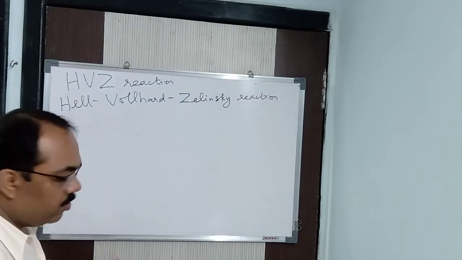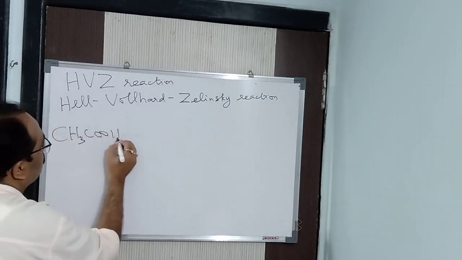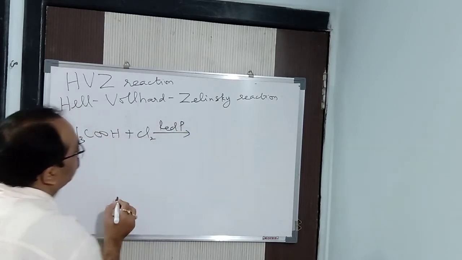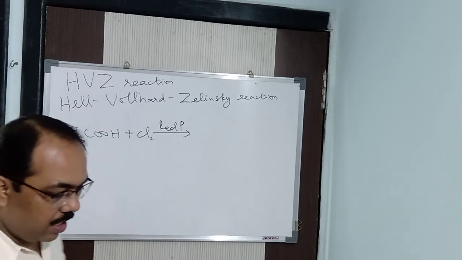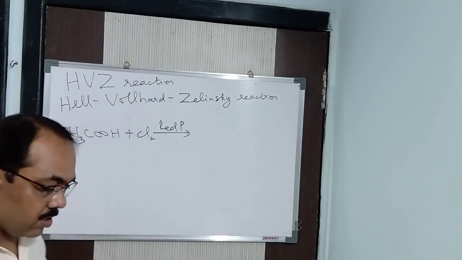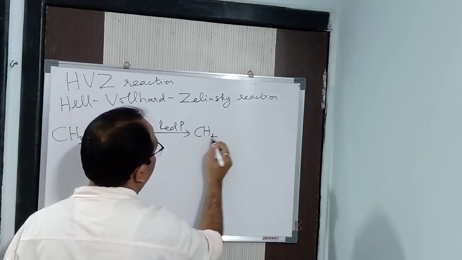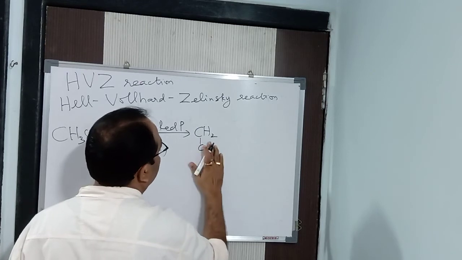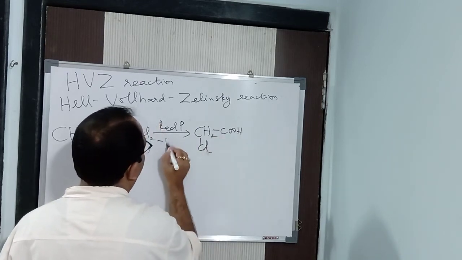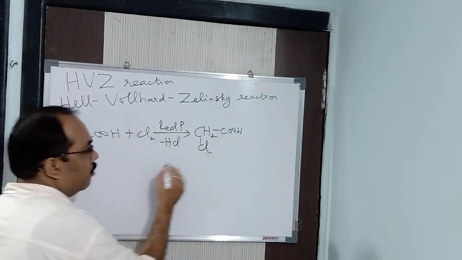Okay, so you are going to do the reaction. Let us say I am taking here CH3COOH plus Cl2 in presence of red phosphorus. Now what is going to happen? One hydrogen will be replaced. So you will be getting CH2Cl, one hydrogen replaced by chlorine, and you got COOH. Where that hydrogen will go, it will react with one more chlorine to form minus HCl, a secondary product.